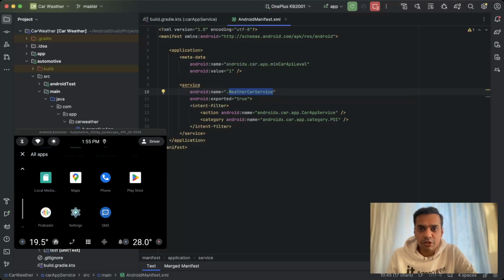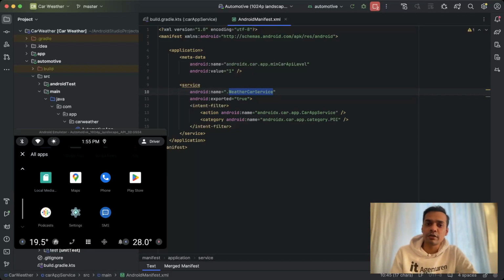Now I will run the application for Android Automotive. Here in this case, we need to select the automotive module, and we need to select the automotive emulator. For your information, the Android Automotive Emulator is not available in the Android Studio stable version. You need to download the preview version, which is the Canary version. Right now, the Canary version is Iguana. You need to install this, and you will find the Android Automotive Emulator from that. Once you download it, you can actually switch to your stable version of Android Studio and run it on your Android Automotive Emulator. So now I will run this automotive app, and